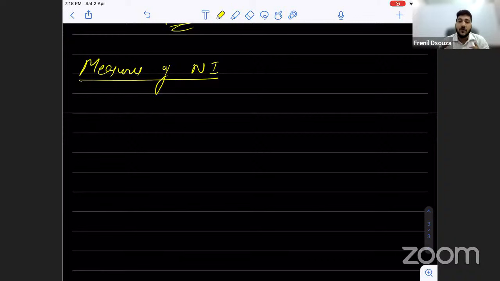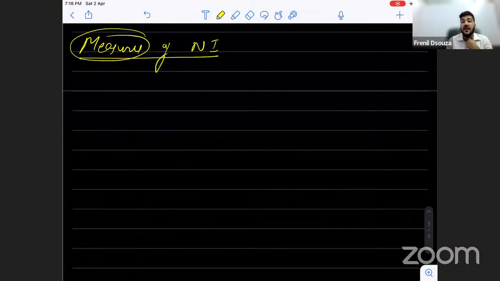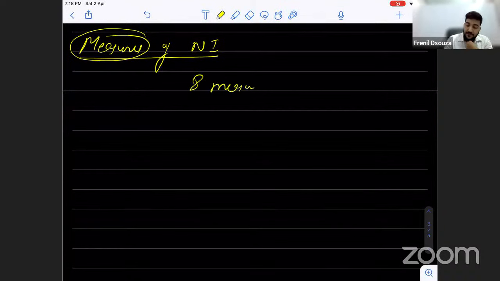At the same time, there are a lot of ways in which you can express the quantity of a liquid, right? You can say that there is so much ml, there is so much liters, or there are so many gallons, or there is cusecs, right? There are actually so many different ways in which you can express the quantity of a liquid. So the way of expressing is nothing but measure, right? And we had discussed in the classroom scenario that there are how many measures? There are 8 measures of calculating, or 8 measures of expressing national income, right?